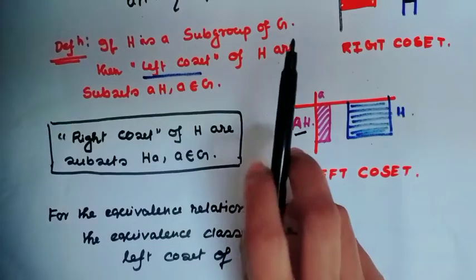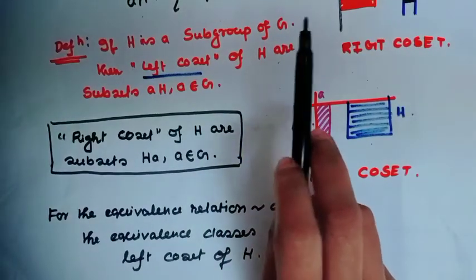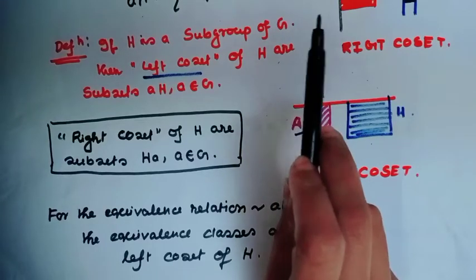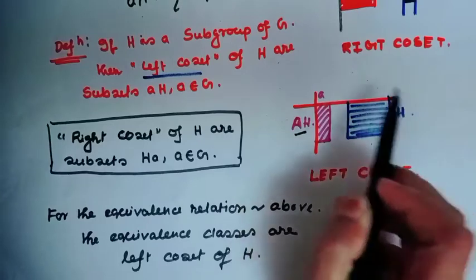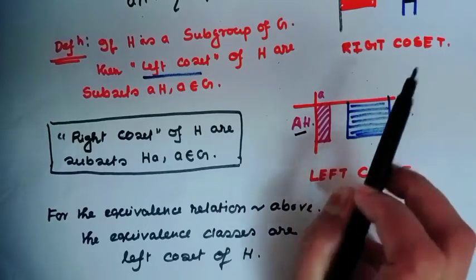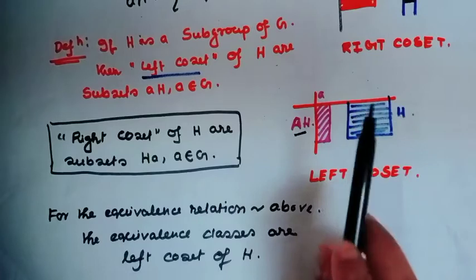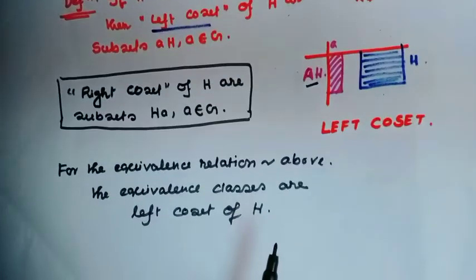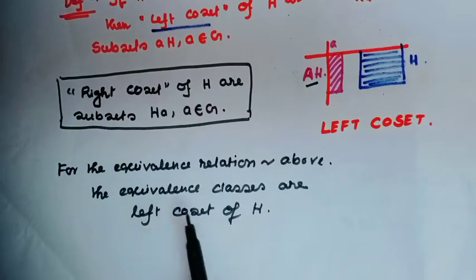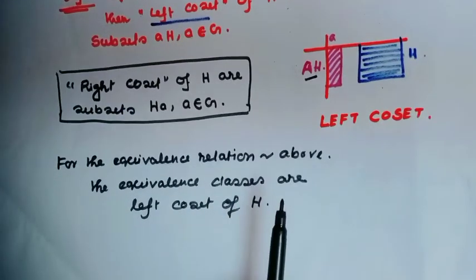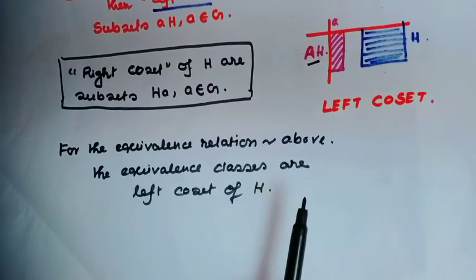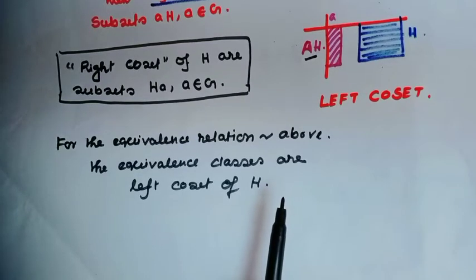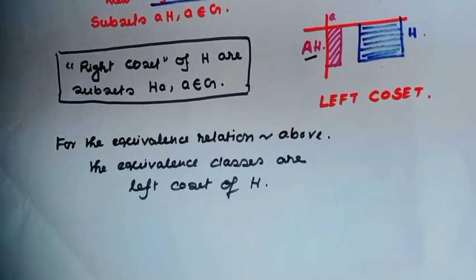That means if G is a group and S is a subgroup of G, then a coset of S is obtained by multiplying every element of S by some element of G. Okay? And for the equivalence relation above, the equivalence classes are the left cosets of S. Are you getting what the left coset is? Well,